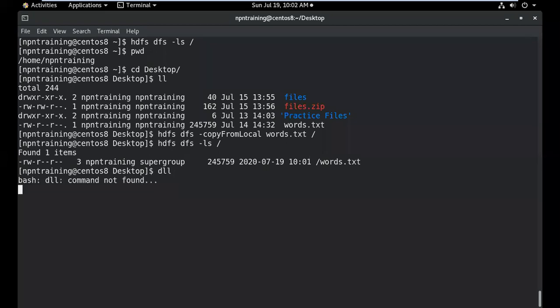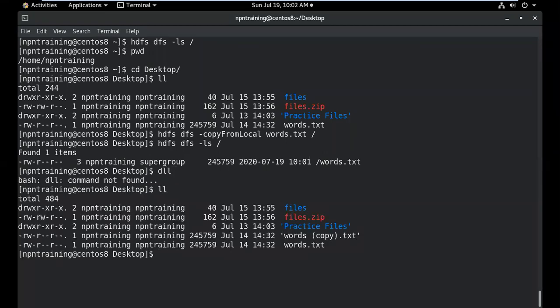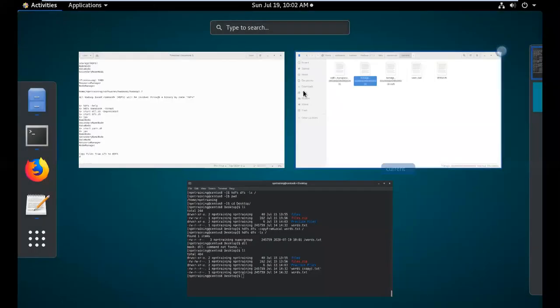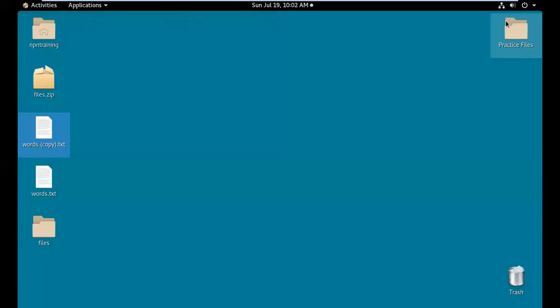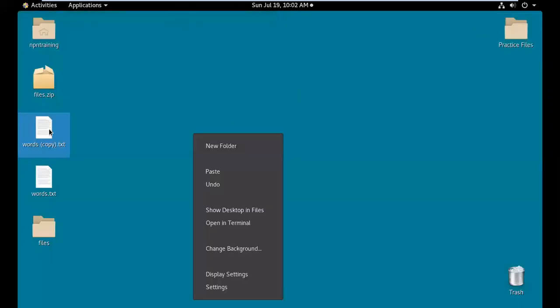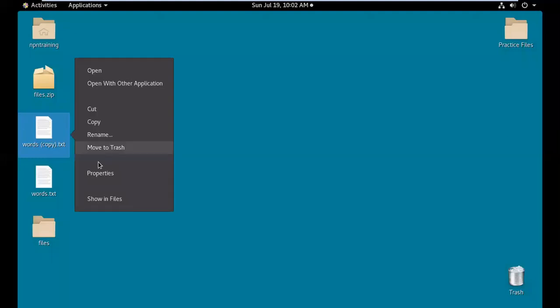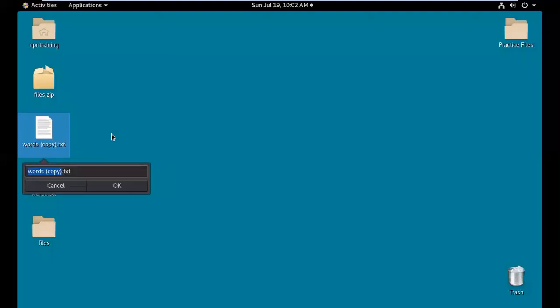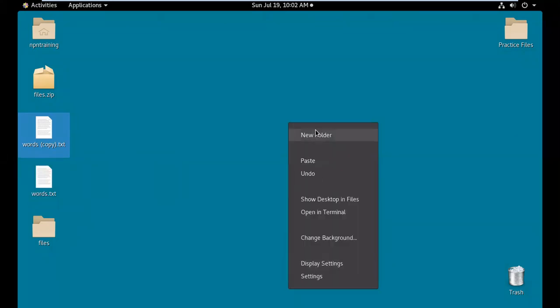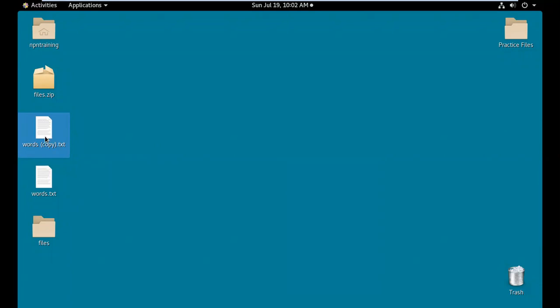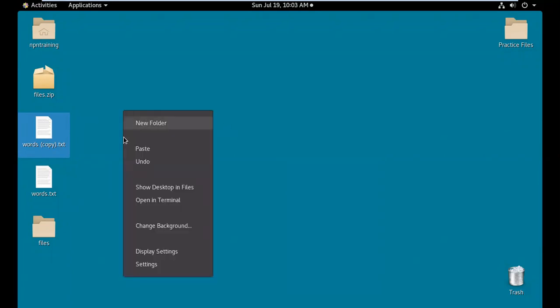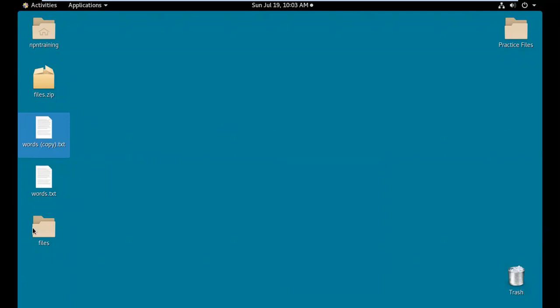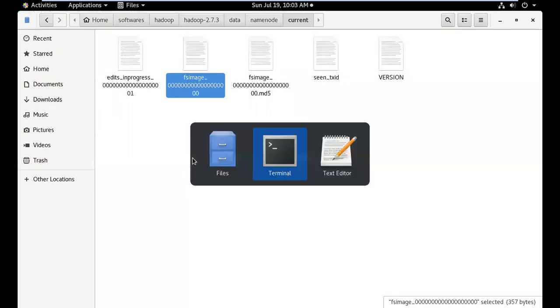When I do ll, I did not rename. Let me just rename it again. Oh my God, it's not renaming. Okay, let me just create one file once again. Okay, let us move this words copy only. Any file.